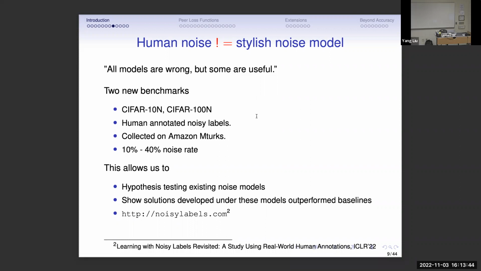So this allows us to test whether the real human noise distribution departs from the synthetic noise distribution. They're not the same, with statistical significance. That's the first thing we showed. But we also showed the solutions developed under these models outperform baselines significantly. And we published everything on noiselabels.com with a companion paper that appeared at ICLR 2022. If I click here,